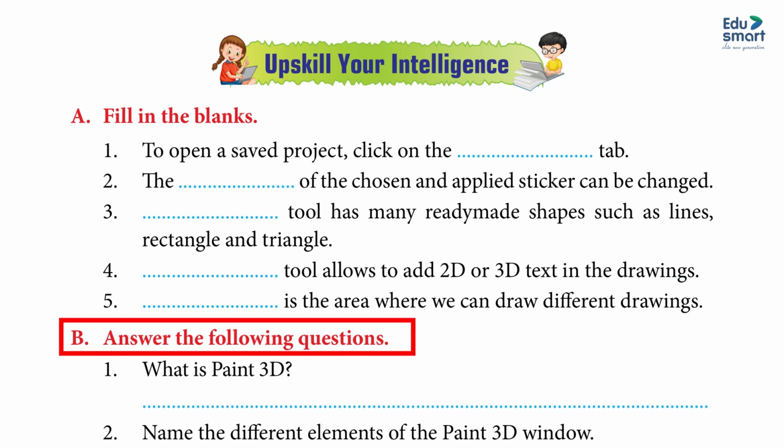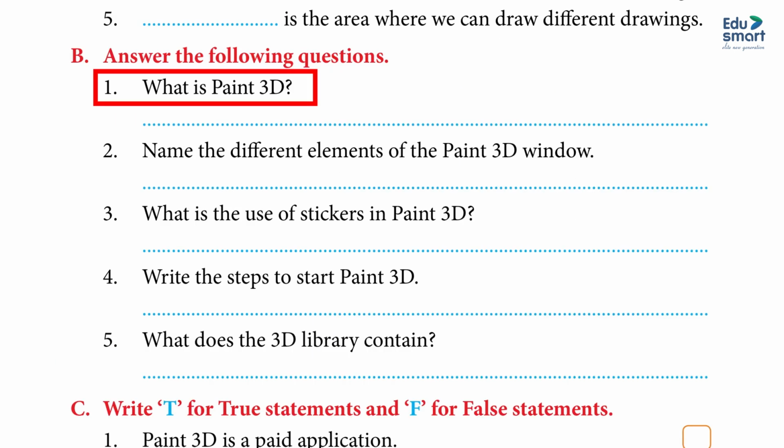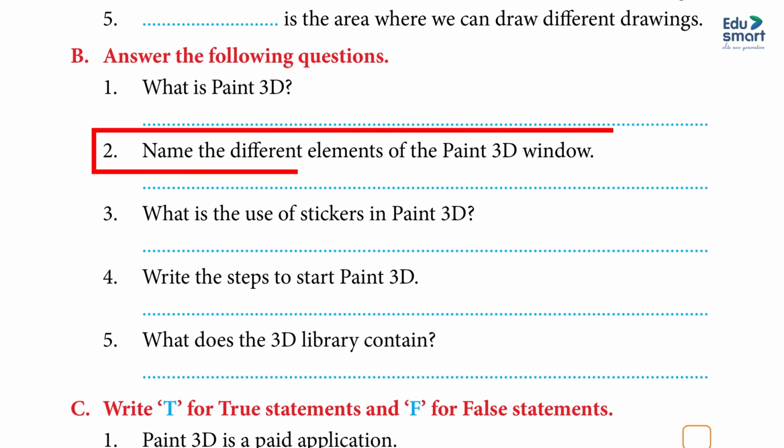B. Answer the following questions. 1. What is Paint 3D? Answer: Paint 3D is a free application with the addition of creating and editing 3D images in a Paint program. 2. Name the different elements of the Paint 3D window. Answer: The Paint 3D window has elements like menu, brushes, 2D shapes, 3D shapes, stickers, text tool, 3D library and